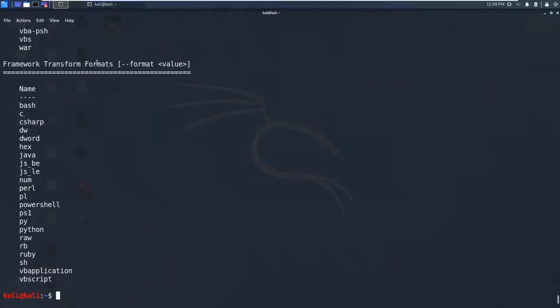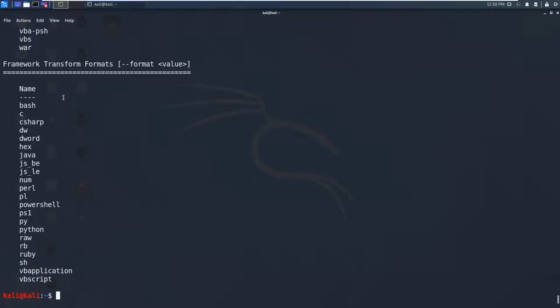Now if you look at this last one, it is saying format. So when you specify the format, instead of this value we can type any of these values. We can produce the payload in bash format and C variable format, and C# variable format, and hexadecimal format, and Java format, Perl, PowerShell, and Python, etc. You can also specify the raw format, and Ruby, and shell script, and also Visual Basic.